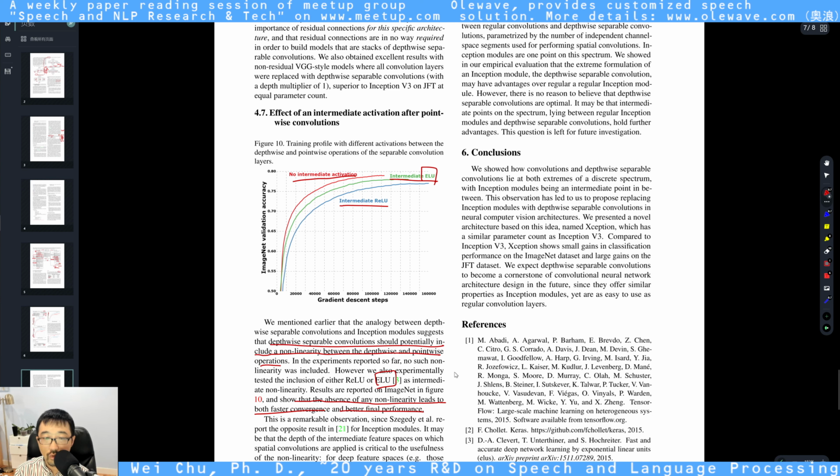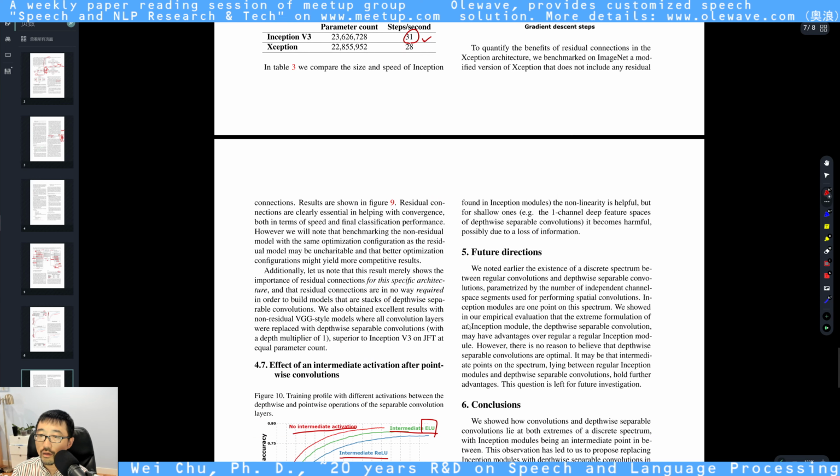Oh, that's the original conclusion. But in their result, they are saying that they shouldn't have this intermediate activation. Okay, I think I got a little bit confused, but I think